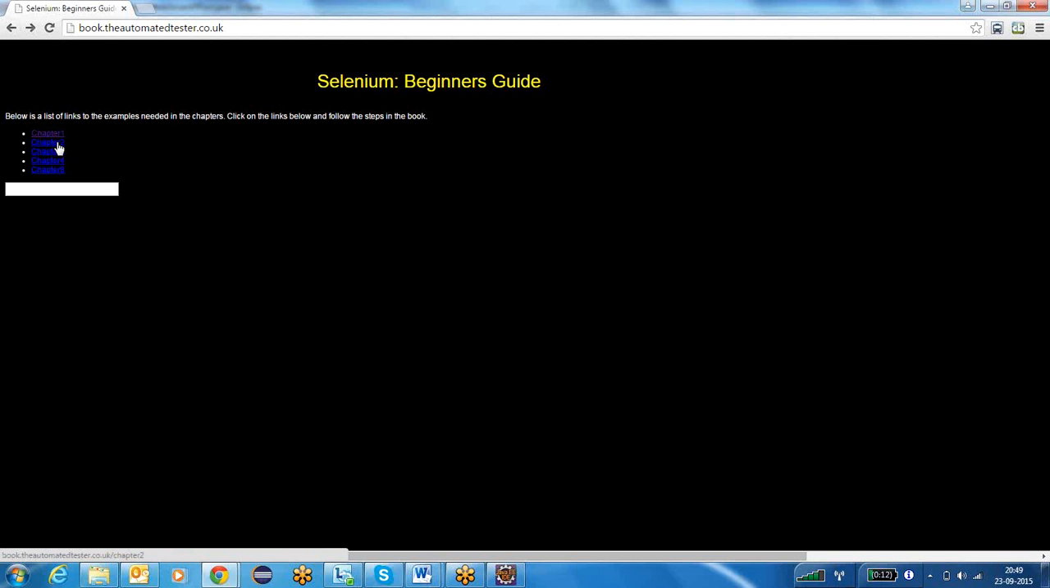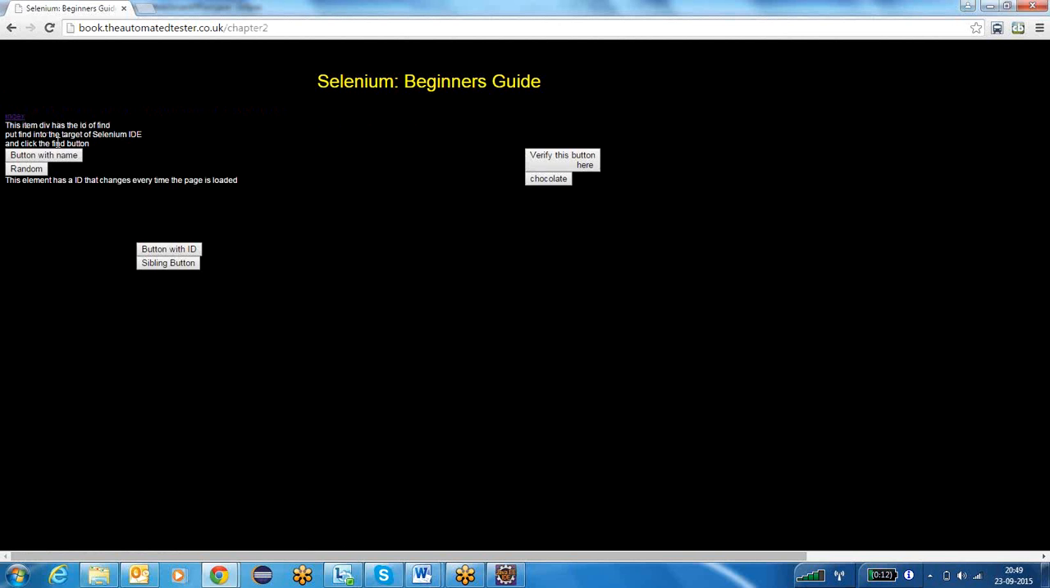Then write a program to click on chapter 2. Within chapter 2 you have so many buttons, right? Try to identify these buttons using IDs. Even if you have an ID, try to identify them using XPath, try to identify them using CSS. If you take this website, the book The Automated Tester, this is the website which is designed only for